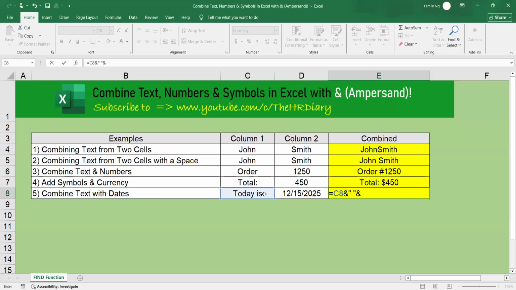Again with the &, then TEXT, then you have the open bracket and select the date cell, comma, type in the date format,